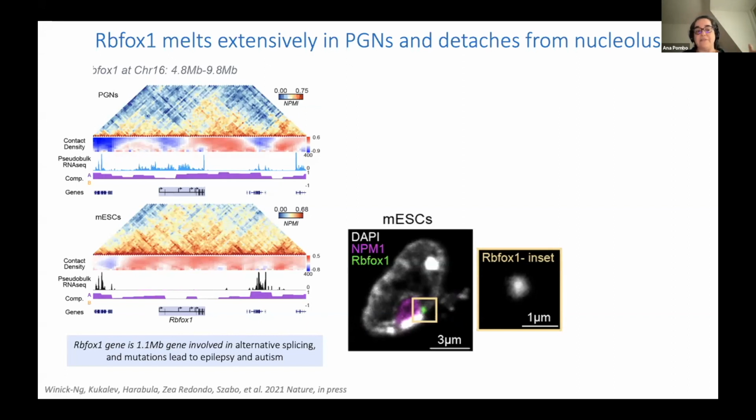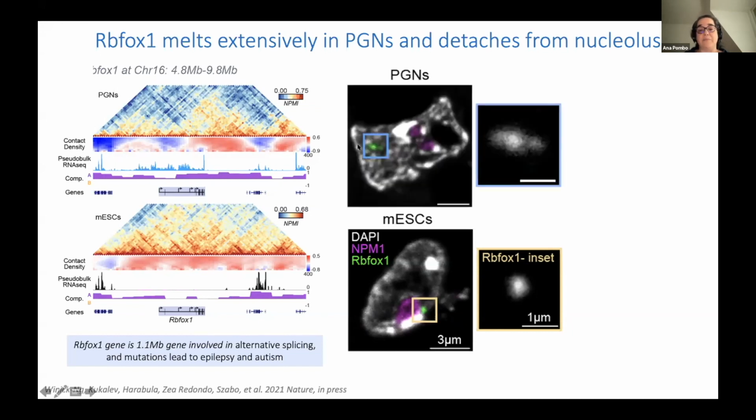You can go back and use the same biological sample to do other experiments, and FISH is one of them. When we looked at the locus in PGNs on the same slices, Isa could immediately see these very clear events of decondensation. And we had a lot of fun sharing these pictures on WhatsApp when she was first collecting them on the microscope. This is just one example. You can see the scale is 1 micrometer, and we see this event where the locus is decondensing.